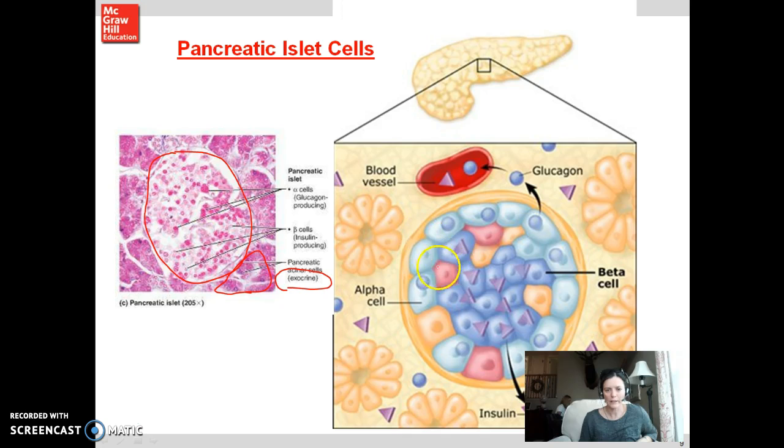So let's take a look in here, and what we'll see are that we have two major cell types, the alpha cells and the beta cells. These two cells secrete different hormones, and they get secreted into the bloodstream, right? It gets picked up into the bloodstream and it travels throughout the entire body. If we start with the alpha cells,